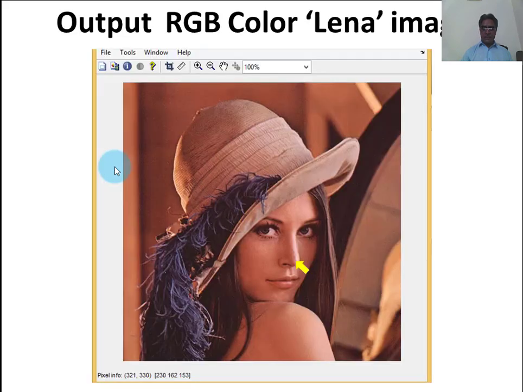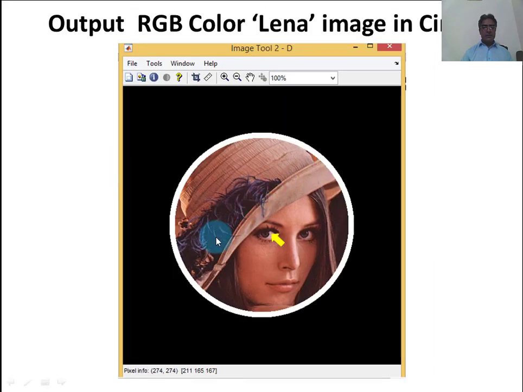So you may see it here. This is the D image which we have changed. Outside this circle position we have created a white color circle, and outside that circle we have changed all the pixel values to 0.